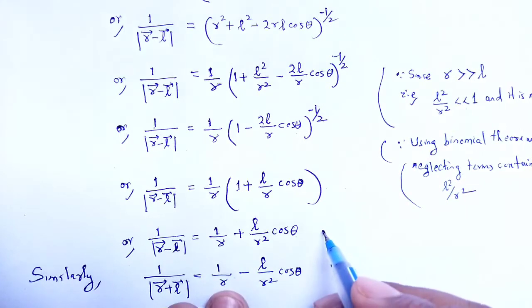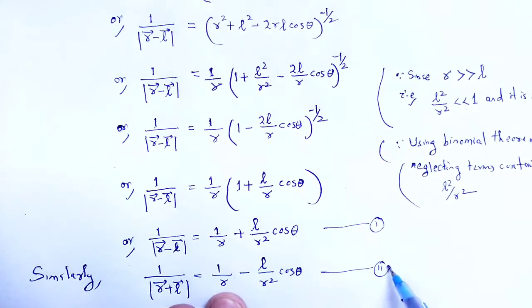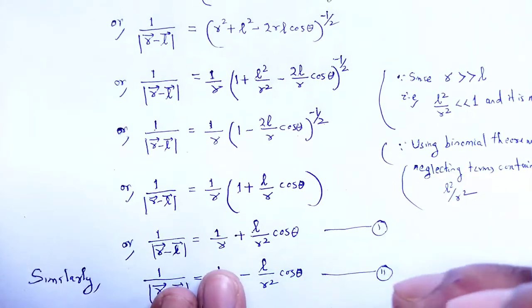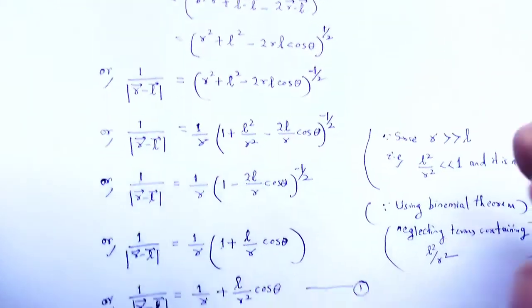Here we have 1 divided by r minus L, here we have 1 divided by r plus L. Now putting these values in equation number 1, we have